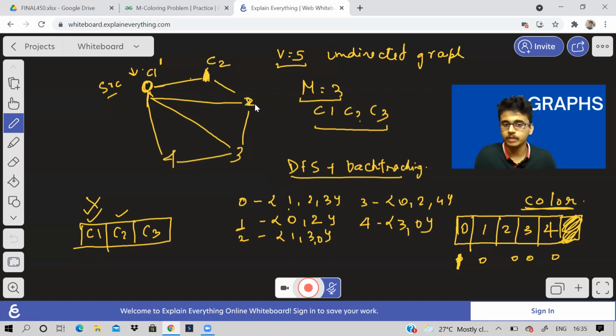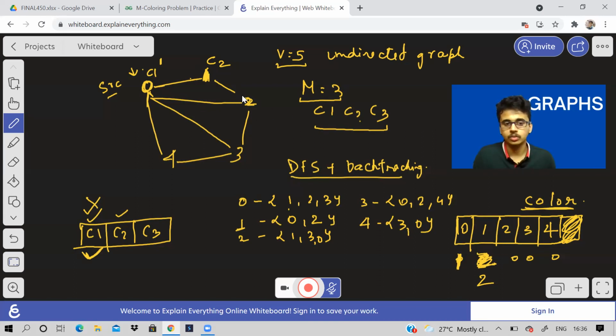Now the same thing repeats for vertex 2. Once you can color a vertex, immediately start checking for the next node. So after 1 comes 2. For every node, repeat the same process. You start checking from C1. Can you color with C1? For 2, the adjacent node is 0, and it is already colored with 1. And I should make a change here: the color of 1 will be 2, that is C2, so that is why I have given 2.